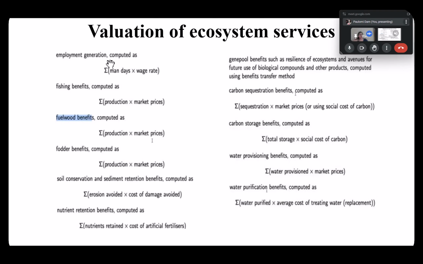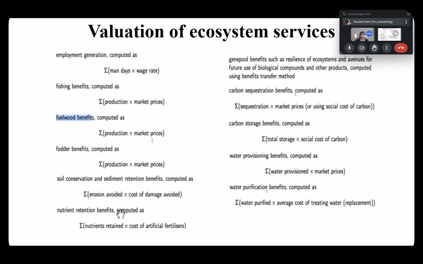How much money are you getting back from these products? Then you have soil conservation and sediment. What kind of money do they give? If you are trying to avoid erosion, what kind of features are you applying and what kind of cost would that be? So you have different values to that as well. Similarly, you have values for nutrients that are being retained. What kind of nutrients are being retained, and do you want them to be used via fertilizers, or then you have fertilizer money. So at every step, whatever you are doing, it has money associated with it.